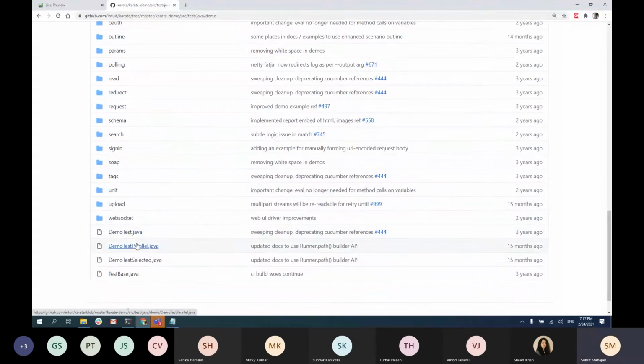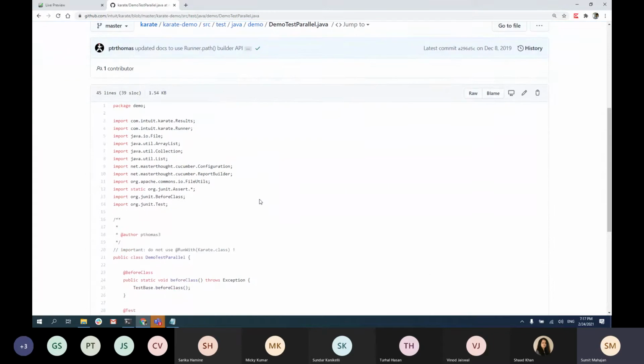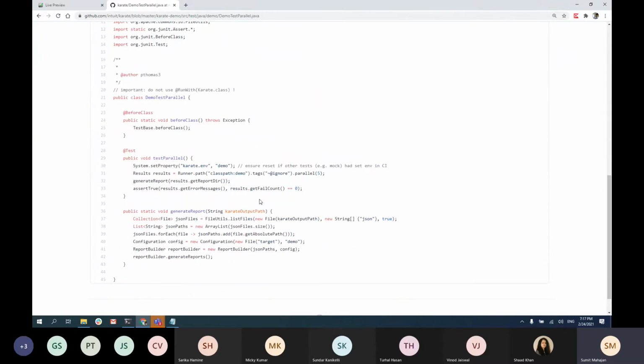So one thing that I also want to talk about is the parallel run. So this is where you will set up your parallel runs. So you'll have a runner, Karate environment, which is demo. So you're setting that property, and then you are setting up a path, and you are in the runner.